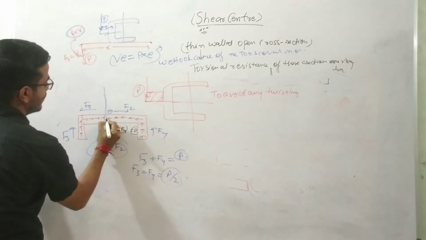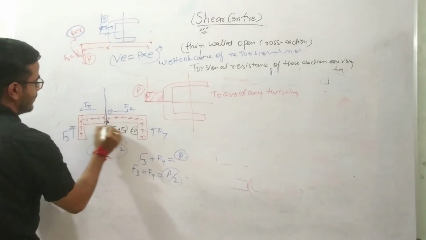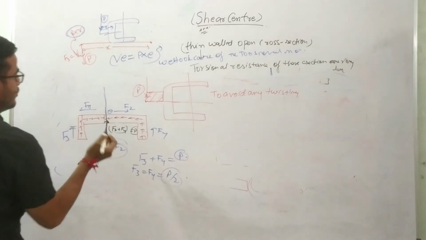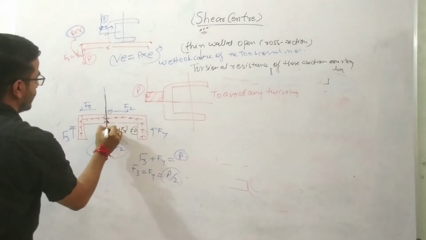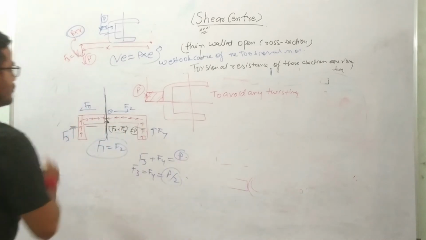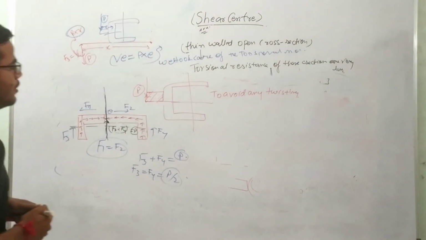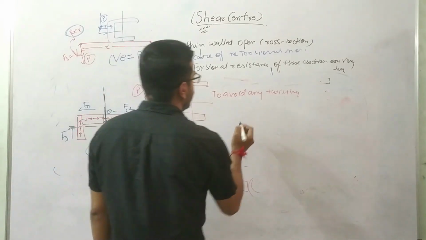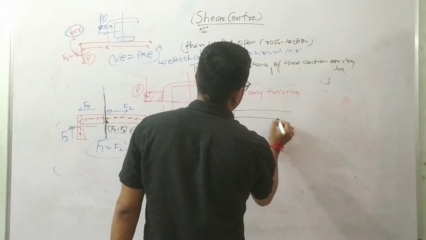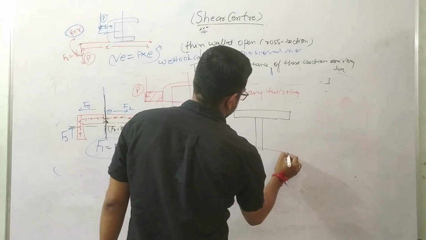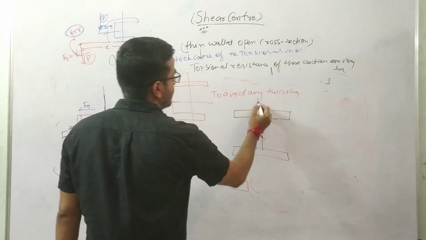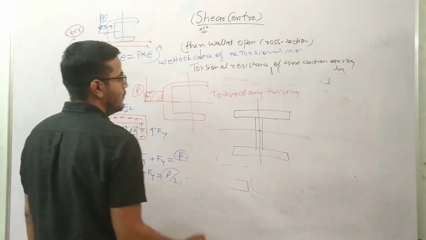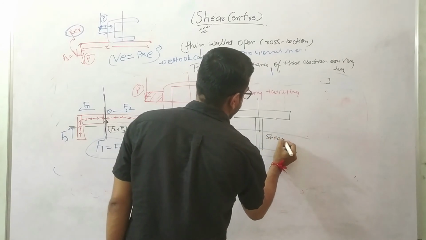So the resultant is passing through this centroidal point only. Okay, so our internal shear, our external load should also pass through this point only. So what we can say from this is that if I have a symmetrical cross section, a thin walled open cross section which is symmetrical about both the axes, the intersection of these two axes will give me the shear center.